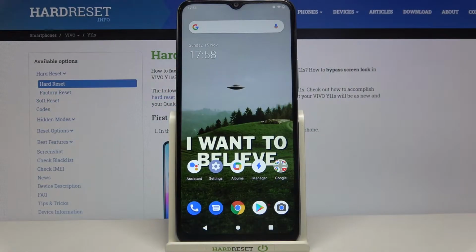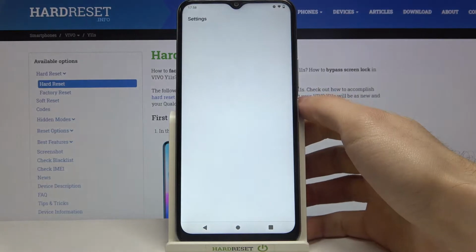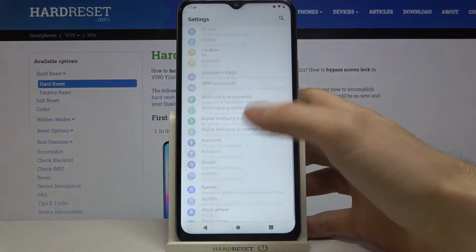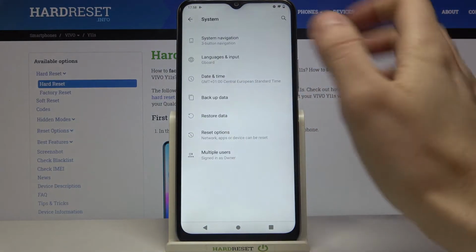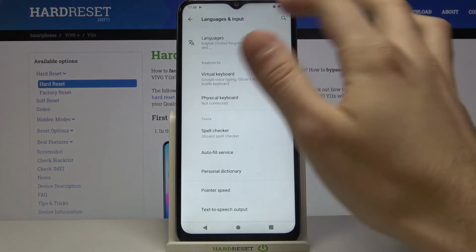Here I have VIVO Y11s, and today I'm going to show you how to change keyboard language on this device. So first of all, you have to open settings, scroll down to the bottom, enter system section, go to the languages and input,